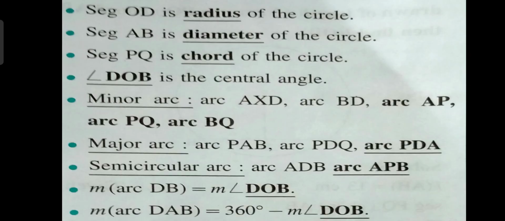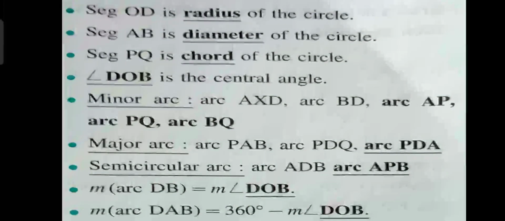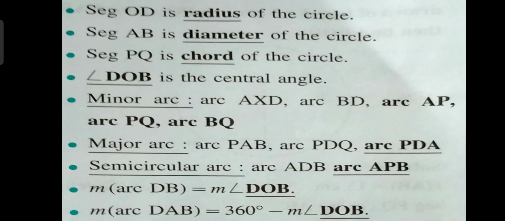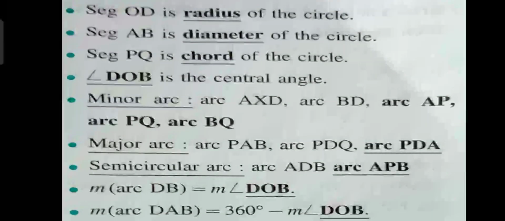Students, these are the answers which you need to write. The ones in bold letters, you have to copy down the same way as given into your book. Just underline the main answers written in bold letters and make sure you complete your book on time. Let's recall the part that we have completed. In the next part we are going to see some properties of chords, and related to that we are going to solve the exercises. With that, thank you students.